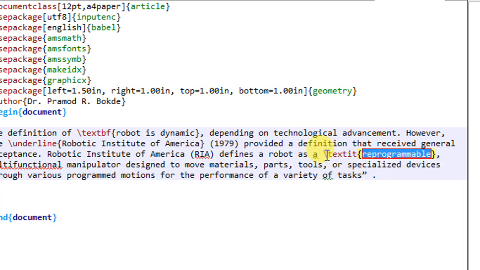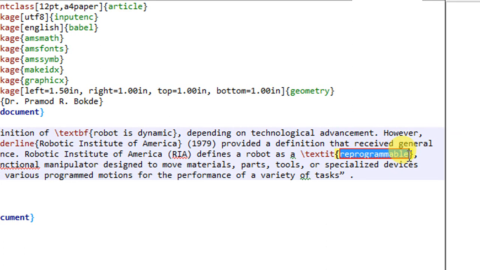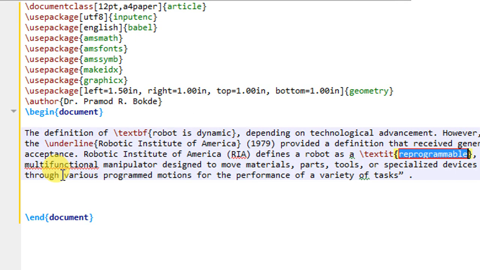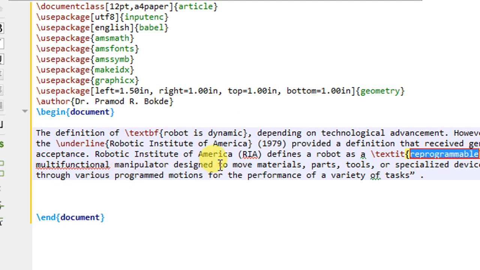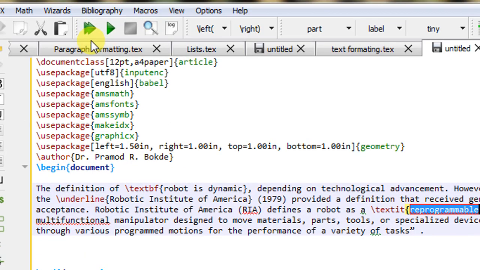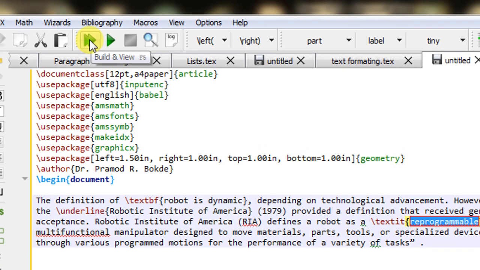There is the command \textit, and whatever text you include inside these curly braces, that text will be made italics. Now first I will consider only these three commands and let you know what the output will be. So I will click on build and view.